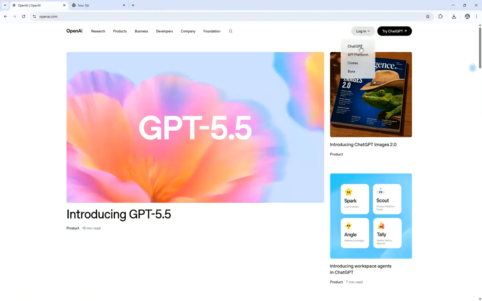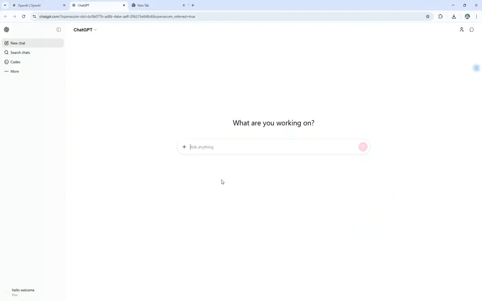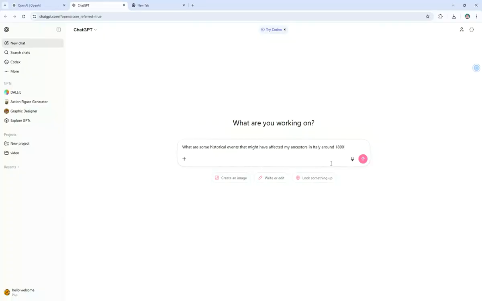To start your genealogy research, think about what specific information you're looking for. You might be interested in tracing a particular family line, finding historical context for your ancestors, or even discovering famous relatives. Once you have your question in mind, you can type something like, "Help me trace my family lineage starting with my great-grandfather John Smith," or "What are some historical events that might have affected my ancestors in Italy around